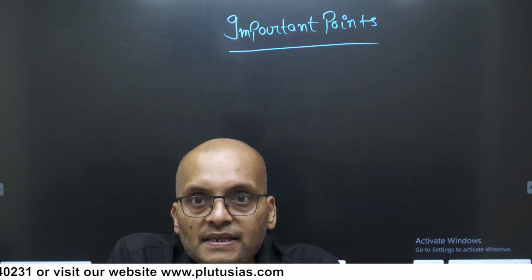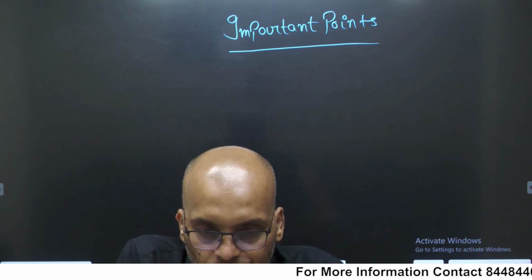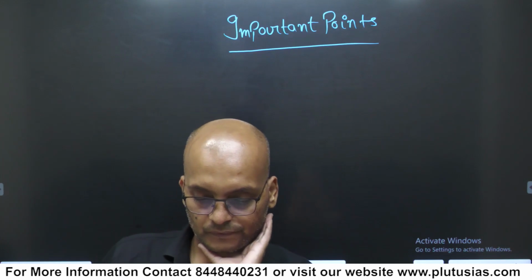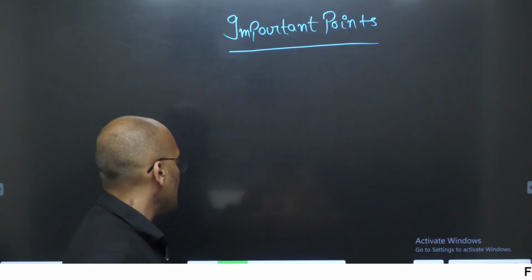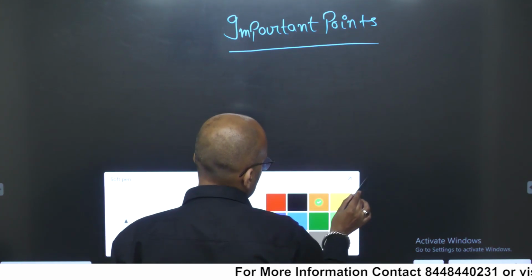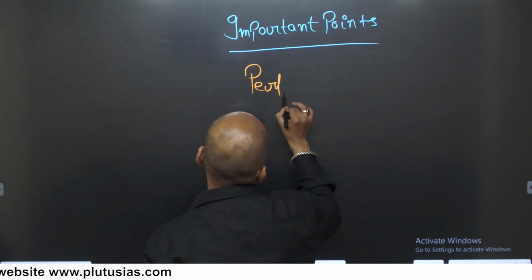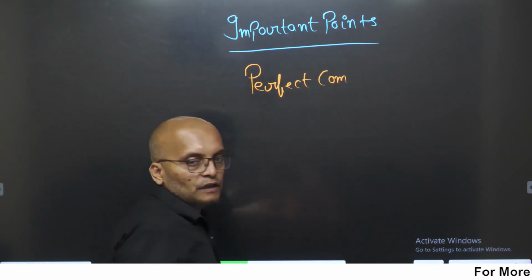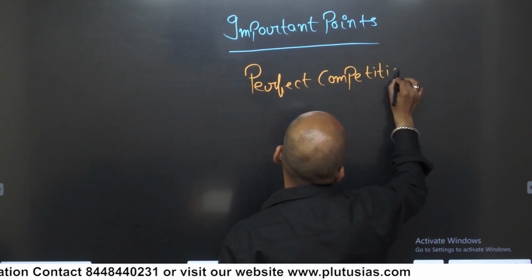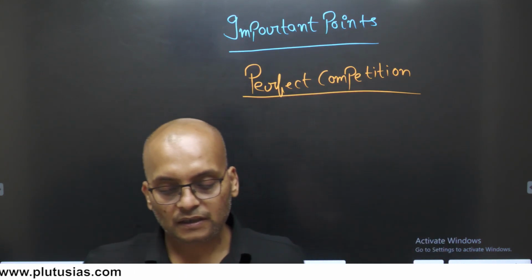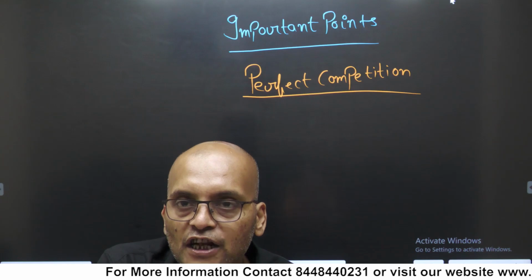So first point: thus, in Marshallian explanation of pricing under perfect competition, write down perfect competition with another ink. Use a different color ink to write perfect competition, or if you have the same pen, underline it. This term we will be using a lot of times, so we will see what this is. Thus, in Marshallian explanation of pricing under perfect competition, demand function for a commodity